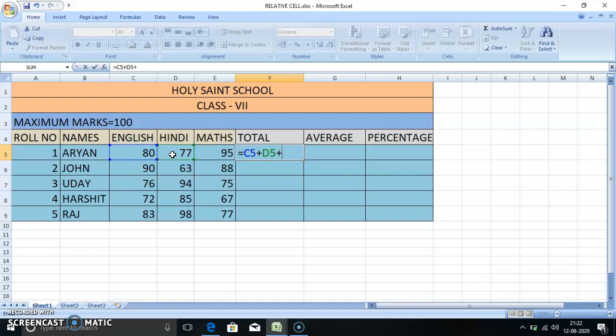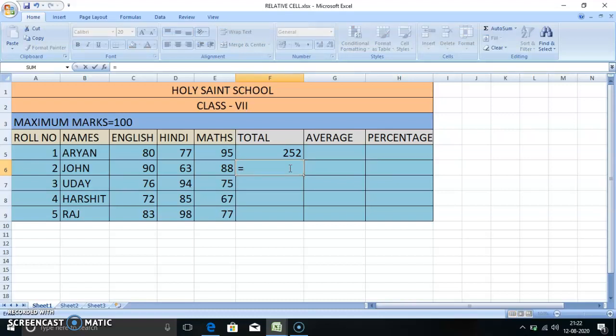Now next plus, the maths marks is 95 and the cell number is E5. After completing the formula, we press the enter key to know the answer. Now I'll press enter. We get 252.